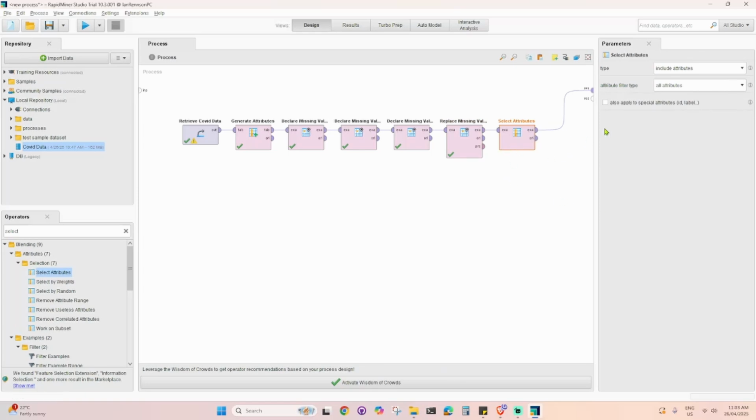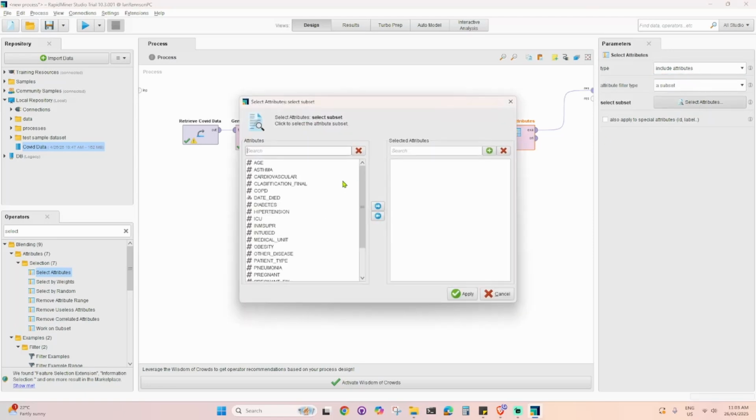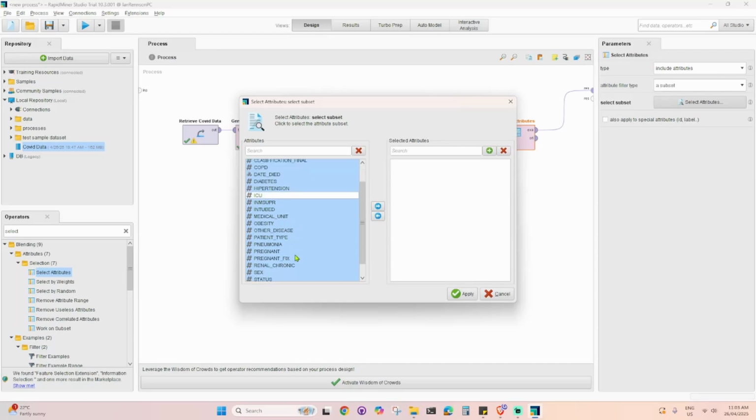So in here, we're going to do include attribute and then a subset, so we can choose all of these. We're going to add all the attributes except for the ICU, and then the intube, and then the pregnant, because these three have a lot of missing values, which has like